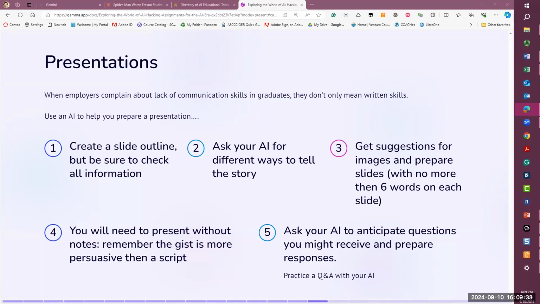You will need to present without notes. Remember, the gist is more pervasive than a script. Ask your AI to anticipate questions you might receive and prepare responses. This is such a really cool tool, that last part of it, to ask the AI to help the student